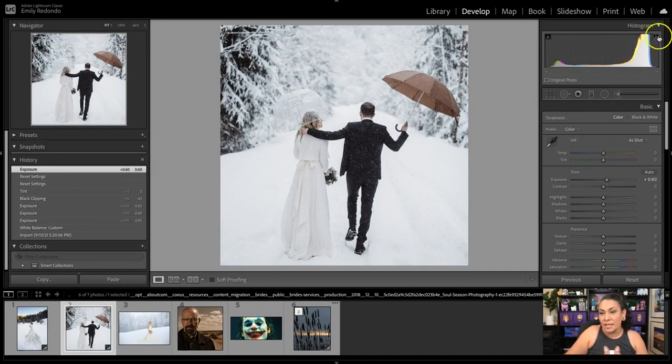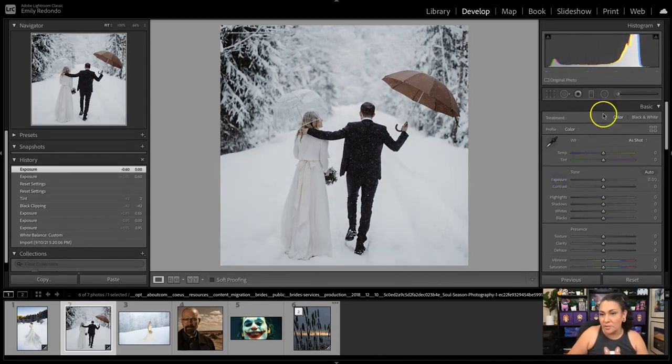Nice. I'm also looking at my histogram here, and let's go back. I'm going to double click on the exposure to go back. You can see that there's all this space over here in our histogram where there's no data. That's where our whites should be, and the majority of this image is white. So just looking at the histogram and knowing that it's in the snow, I know that this image is too dark. So I'm just going to, again, take this back up,